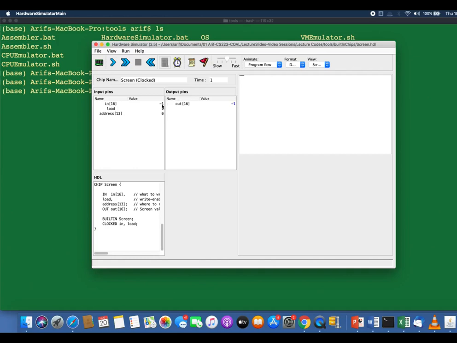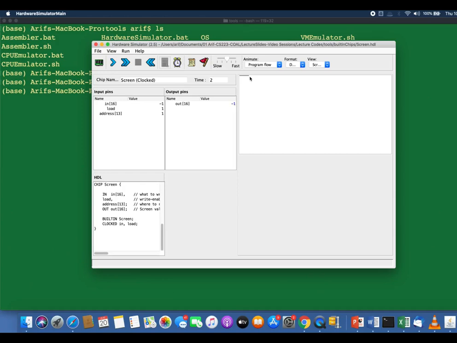Let me set the next 16 bits of the screen memory map to 1 as well. And if I write another 16 bits over here, this line will be extended. And how to do that? I just place the address 1 over here. Let me do a tick and a tock. So you see this line is extended.